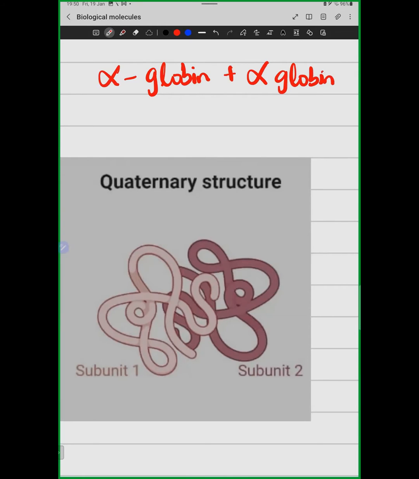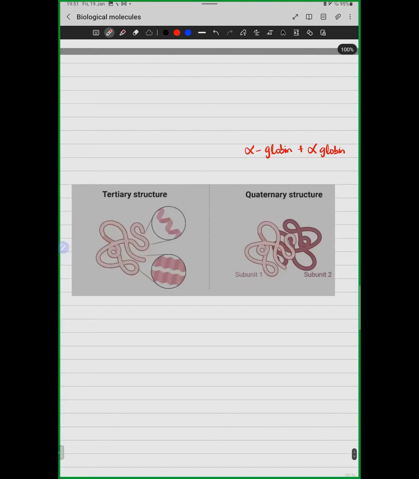तो होगा क्या कि if there are two or more than two polypeptide chains interacting, that is when our quaternary structure is formed. Our primary, secondary, and tertiary structure, we are only talking about one polypeptide chain. But if two or more than two polypeptide chains are face to face with one another, their R groups would form linkages, their R groups would form bonds, and they can either be the hydrogen bond, the hydrophobic interaction, the ionic bond, or the डाइसल्फाइड बॉन्ड, और एक से ज्यादा भी हो सकते हैं।